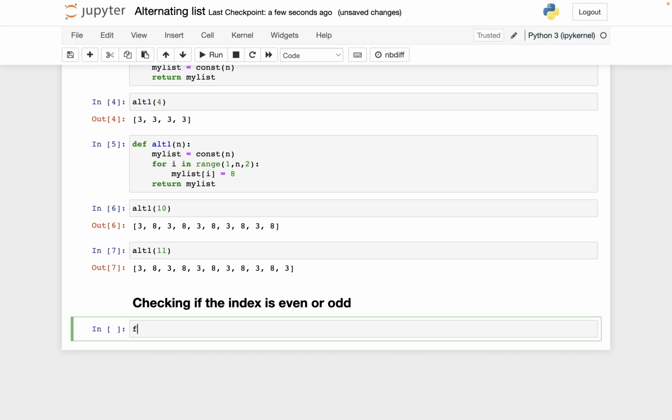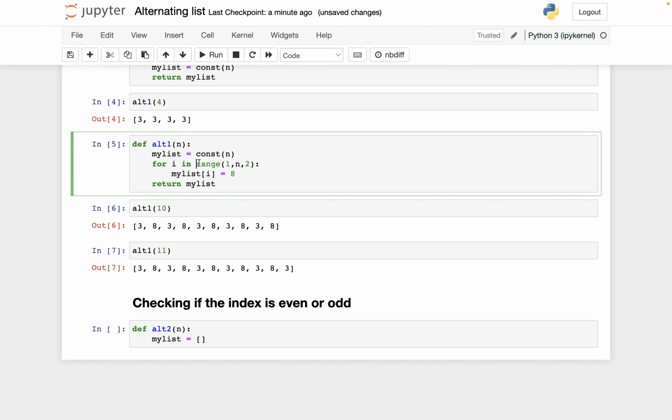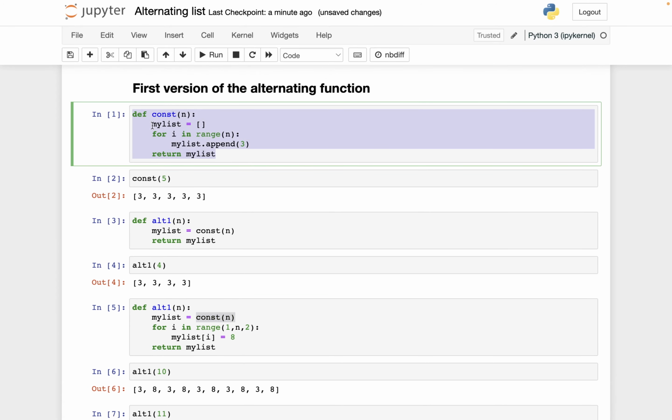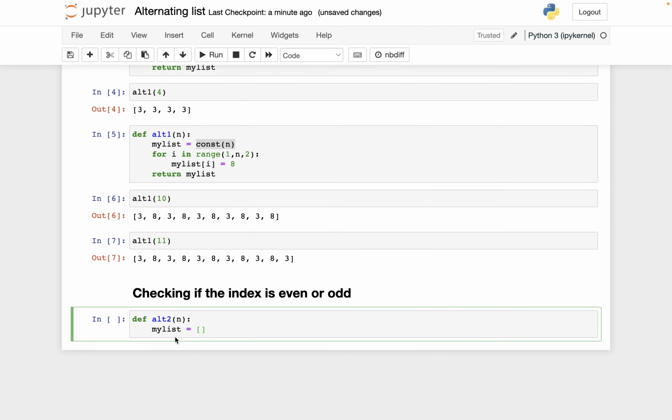So let's just start out with, let's call it alt2. My list. In this case, we're going to start out with an empty list. In some ways, this code is a little more complicated than it looks because hidden inside of this line here is this definition. So it's about 5 lines longer, or maybe 3 lines longer than it looks. So here overall, this is going to be shorter, I believe, or at least it's not going to use any